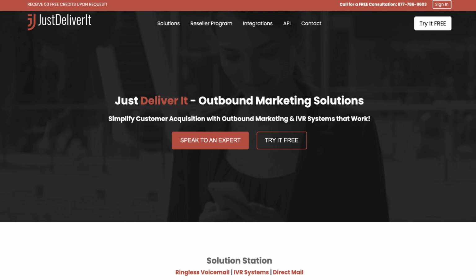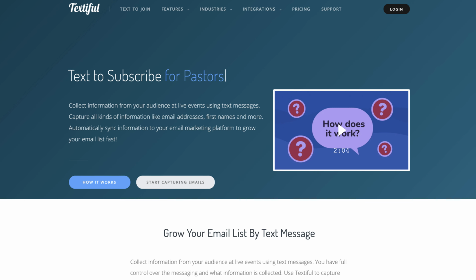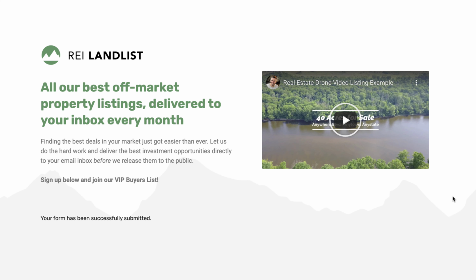We've used it one time here through RE Tipster, so we don't have extensive experience with it. But the point I'm trying to make here, whether you use this or not, is that if you just get a person's phone number, it makes a lot of things possible that wouldn't otherwise be possible if you didn't have that phone number. So anyway, that's the quick overview on these standalone landing pages that can be used.